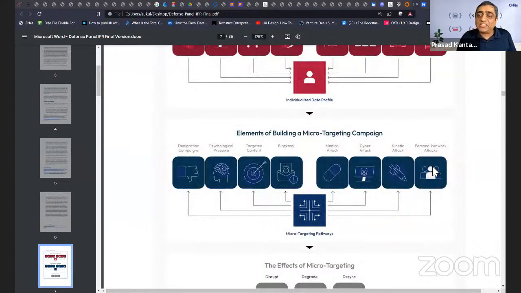There's lots of personal attacks. You want to separate out individuals. You want to basically put psychological pressure. If you want to target person A, then you look at all the loved ones that this person has, and put pressure on them, so you indirectly put pressure. You say bad things about that person, you target content, you blackmail, you do medical attacks, you have somebody's DNA,